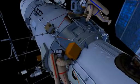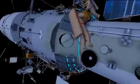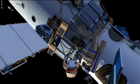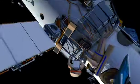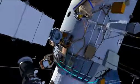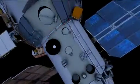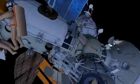They'll translate to the smaller diameter of the service module and temp stow photon gamma, then translating around the smaller diameter of the service module, they will install 2 additional gap spanners. Once the gap spanners are installed, the crew members will translate back to photon gamma, retrieve it, and translate it